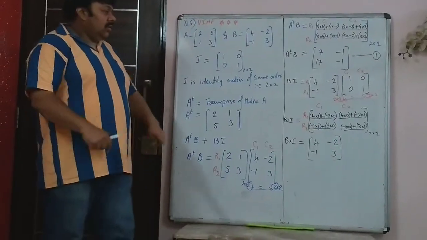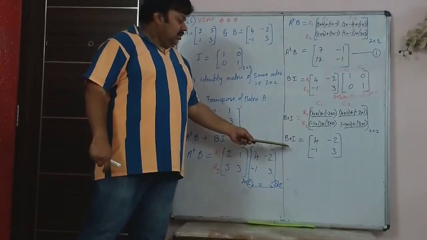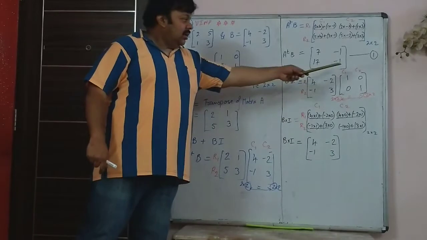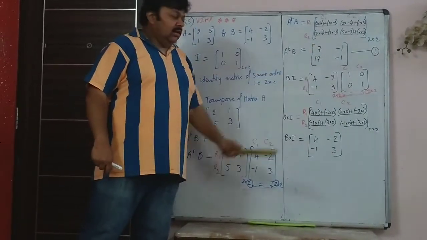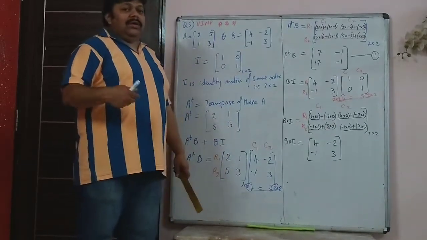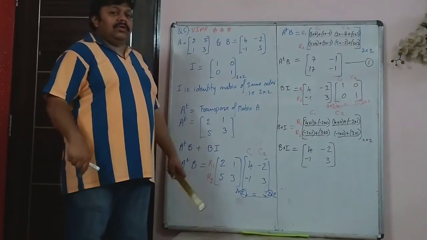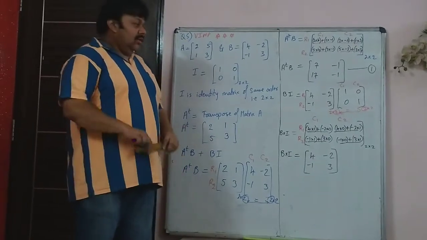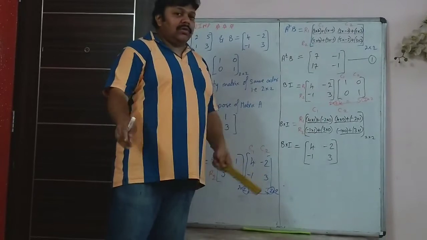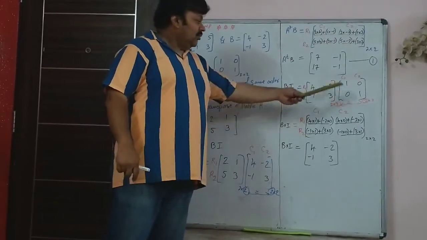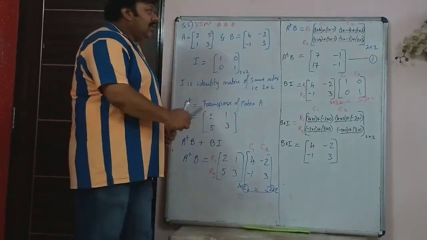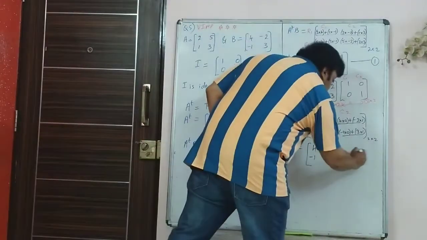So now here you can see when you multiply B into I, matrix B into matrix I, you will get matrix B only, same matrix. So when any matrix is multiplied with the identity matrix, you get the same matrix. But you have to show the multiplication. You can't just write B into I is equal to B and then write this. You will have to show the multiplication and show that it comes to the same thing. So now this is equation number 2.